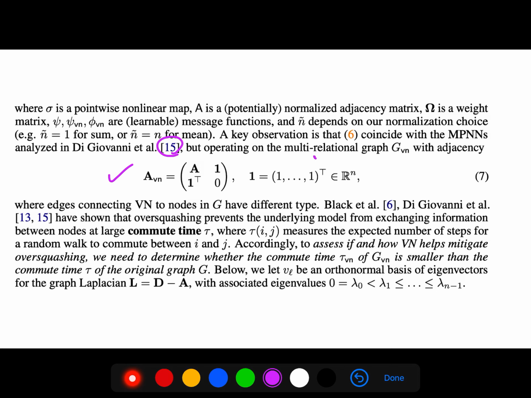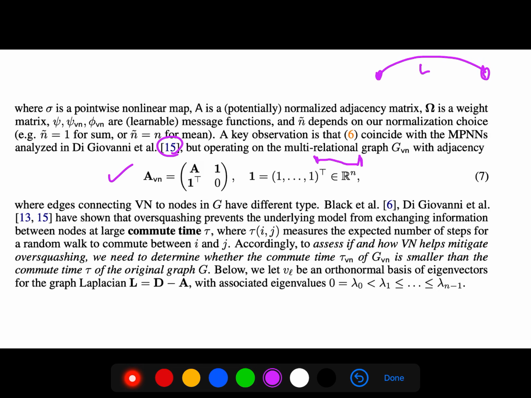Yes, there is another article. They use relations. For example, in their rewiring, they said that, okay, if we rewire, then we put a special label over that so that we distinguish different kinds of edges. Otherwise you have changed the topology, and that is not good. You have changed the intrinsic property of your graph.